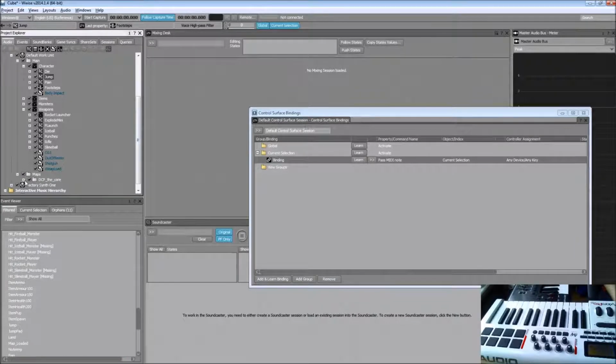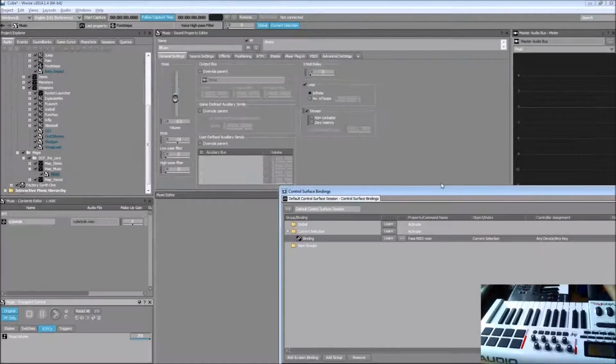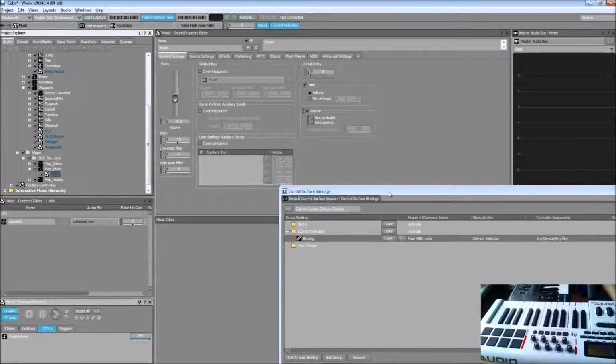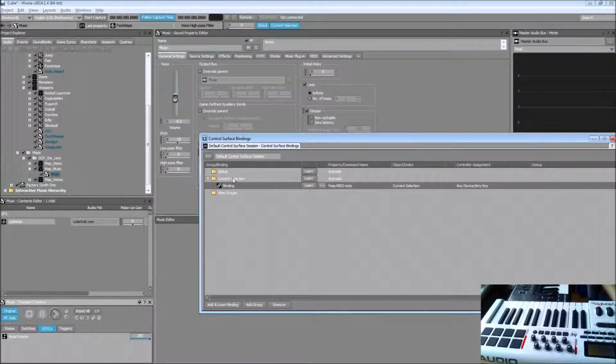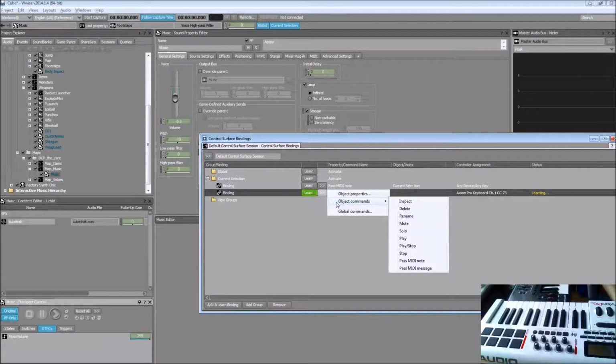Let's add some bindings that will affect the music object, since it's an object with a longer duration and it will play for some time, so I can show you how it will change different parameters with the controls. So let's start by adding a low pass filter. First, I'm choosing the knob or fader that I'm going to use to adjust that parameter. The controller assignment automatically puts that in place, and then you're going to go to object properties,